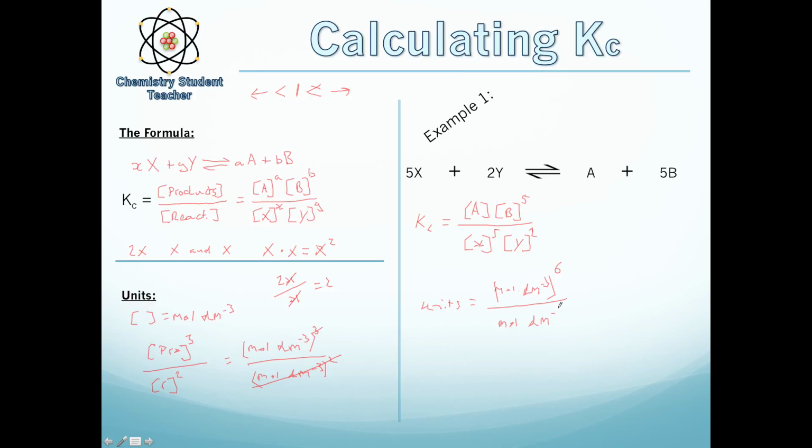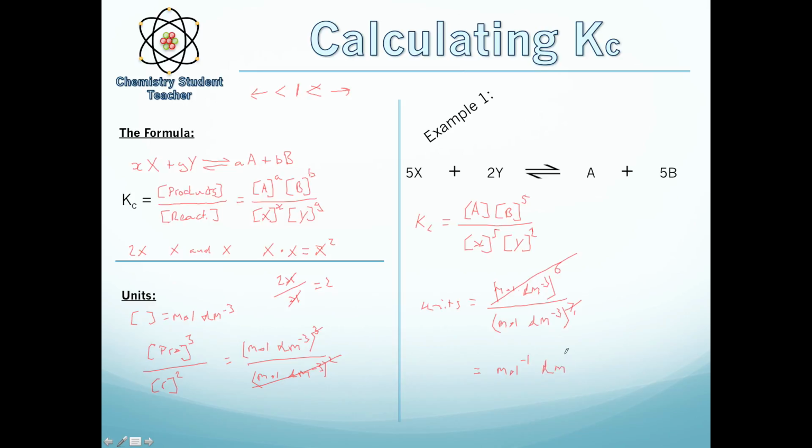However, we have 5 and 2, so we now have it to the power of 7. So what this means is we lose all these because we've got 6, and we lose 6 of them to leave a 1 there, which is anything to the power of 1 is just itself. So that means it's 1 over moles per dm cubed, which is the same as moles to the power of minus 1